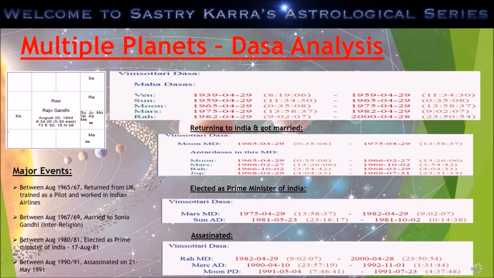First of all, Rahu is in the 12th house, and the owner of the 12th house is Moon. That's the Mahadasa running, and Moon is in the first house. So naturally, when the 12th house lord is having a direct impact on Moon, and with Rahu residing in the 12th house, you can expect something odd happening here. That's exactly what happened. He returned from the United Kingdom.